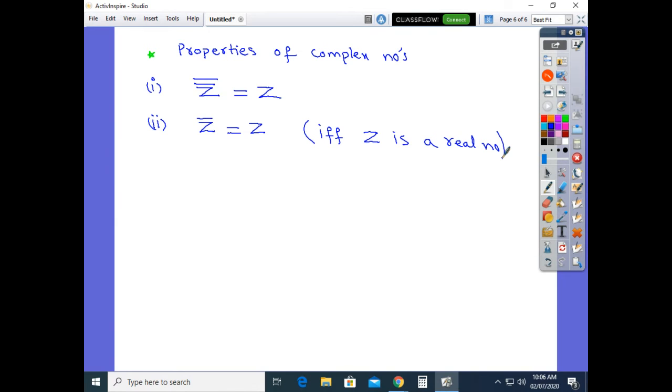What does it mean that z is a real number? It means that z contains only the value of a real number. It doesn't contain the value of iota. For example, if we take z equal to 2, we can write it as 2 plus 0 iota, because 0 multiplied by iota is 0. There is only 2. Now, if we take the conjugate on both sides, z conjugate